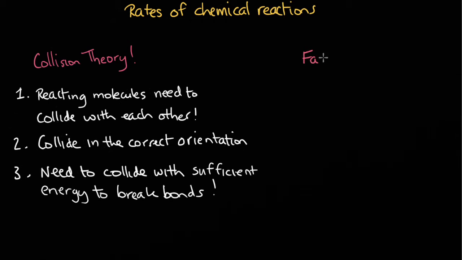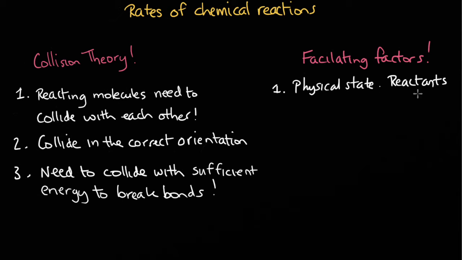Now, there are a number of facilitating factors that help to achieve a successful chemical reaction, and these include, number one, the physical state of the reactants. So gases would react faster because they have an increase of surface area of contact with each other. Second would come liquids, and finally solids. And just to help consolidate, this arrow is signifying an increase in reaction rate according to the state of the